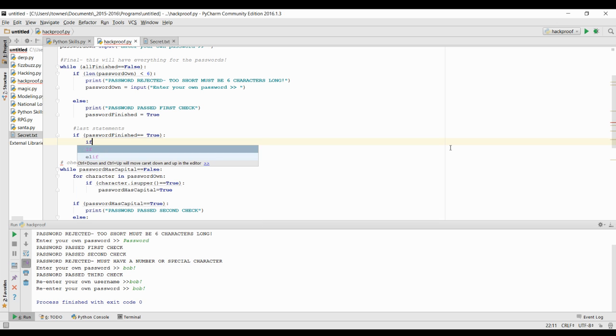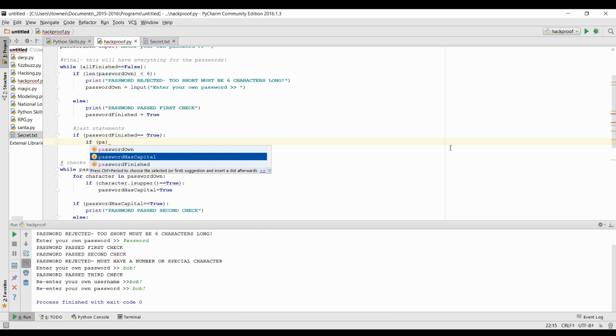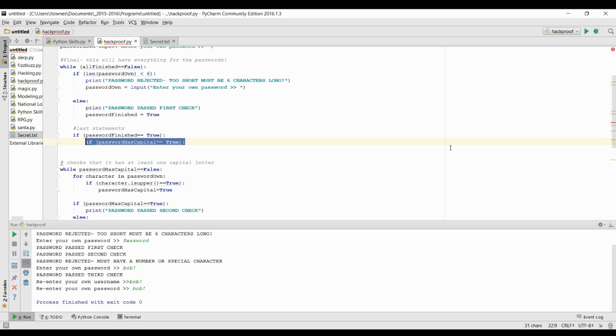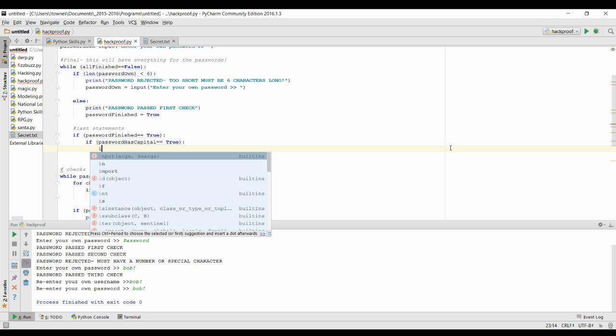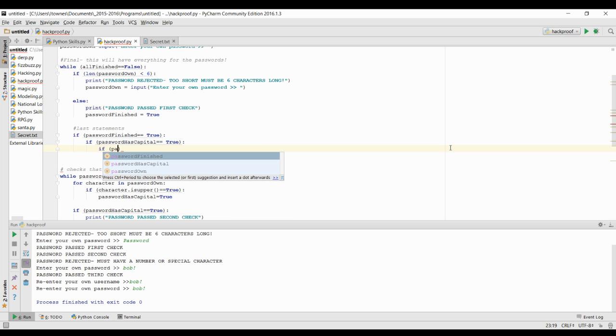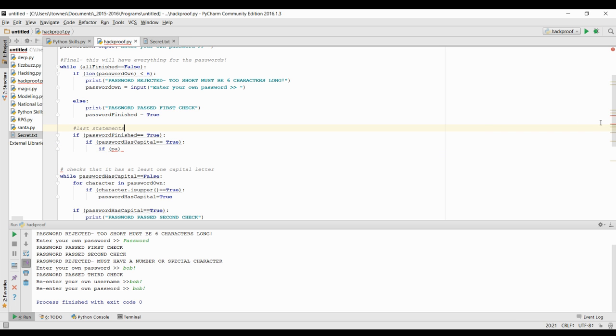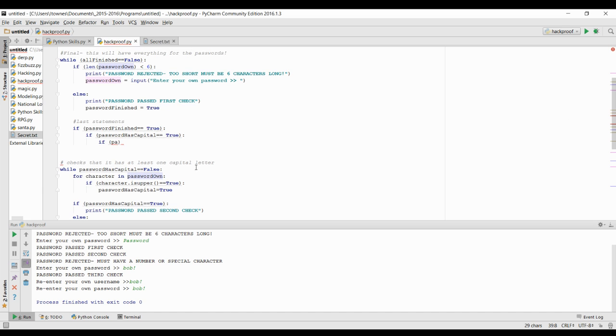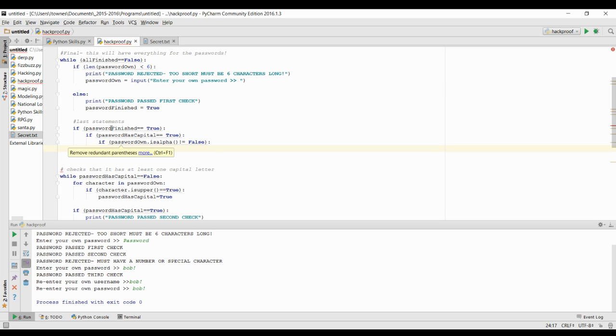And then you can also then check if password has capital equals true, because this if statement will only run if the one above it is true. And then, of course, final nested one is password. We didn't use a Boolean value, so we can just copy that condition right there, and we can put it there. So that final one. So if we've already checked if the password finished is true, it'll then check if the password has a capital letter,